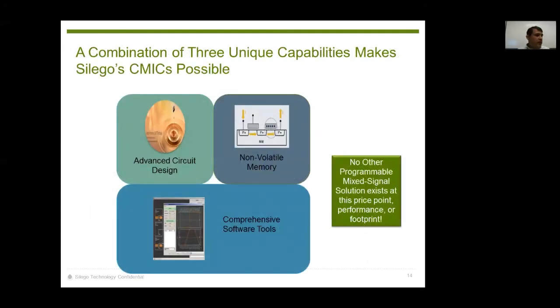So what is the value equation of Silego? We have 3 unique capabilities for our CMICs. One, we have advanced circuit design. We put on non-volatile memory, which allows configuration and the connection of all of those circuits that you would normally use. And we have a comprehensive set of software tools that allow you to very, very rapidly make the particular